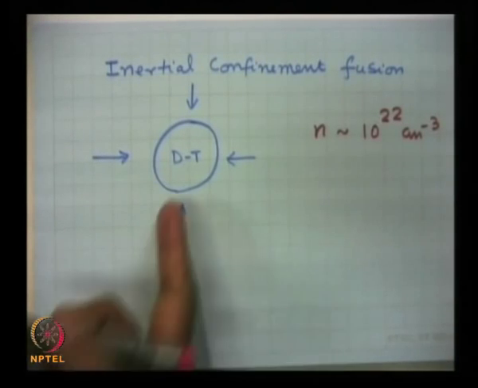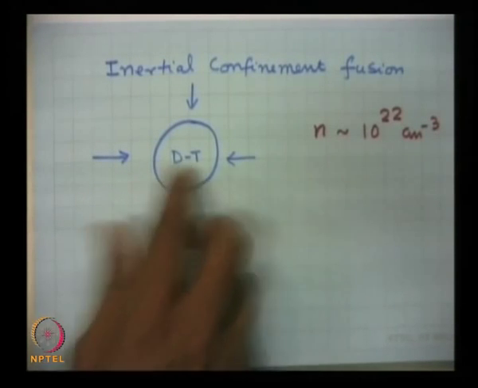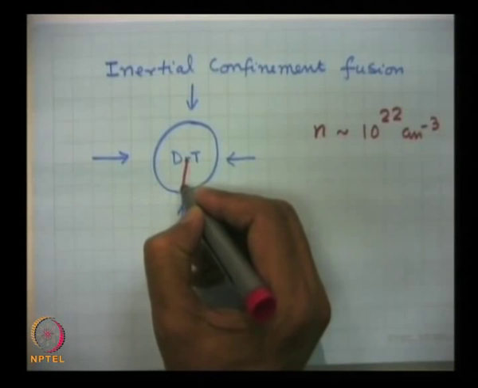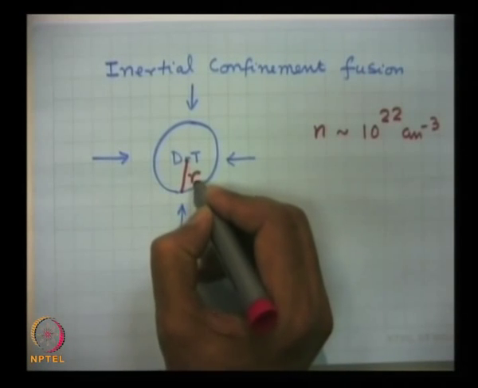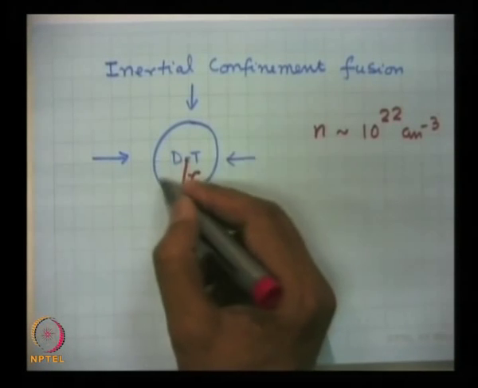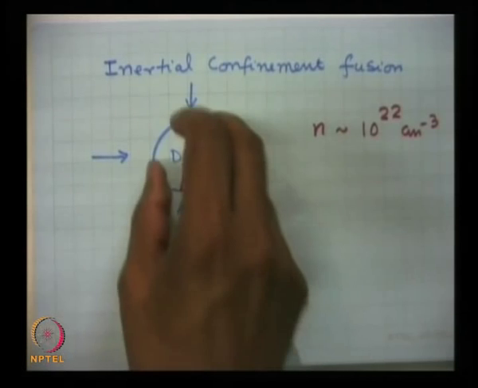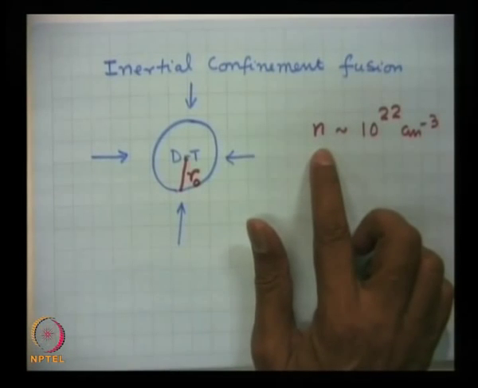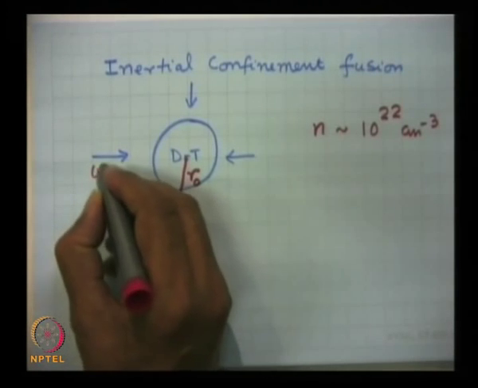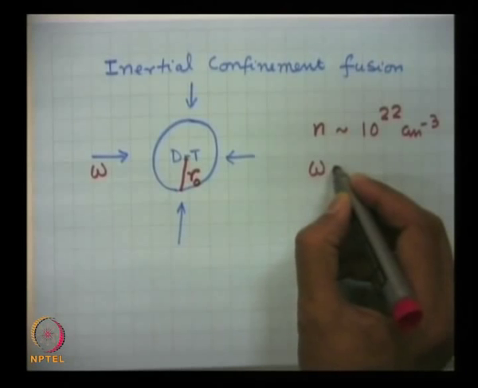So, when the laser arrives here, it converts this deuterium tritium mixture, and the radius from here to here, which I call R0, is typically around a centimeter. Then a hot plasma is created here, and as soon as the plasma is created, its density is more than the critical density for this laser. Suppose the laser frequency is omega, then the plasma frequency that it produces is around